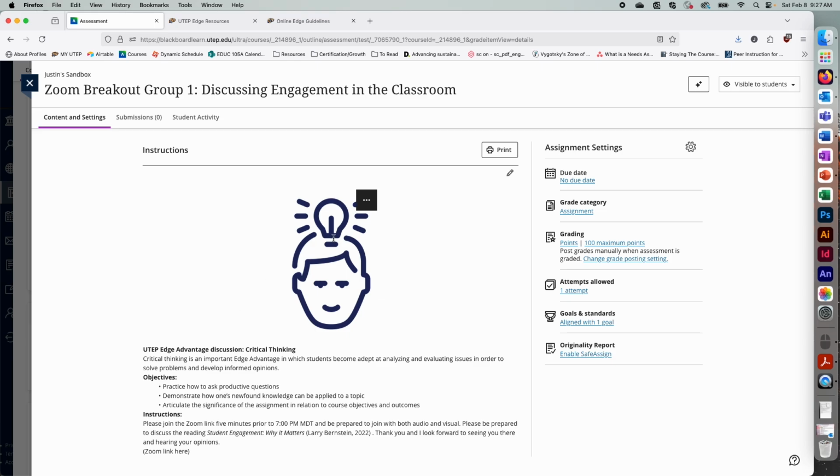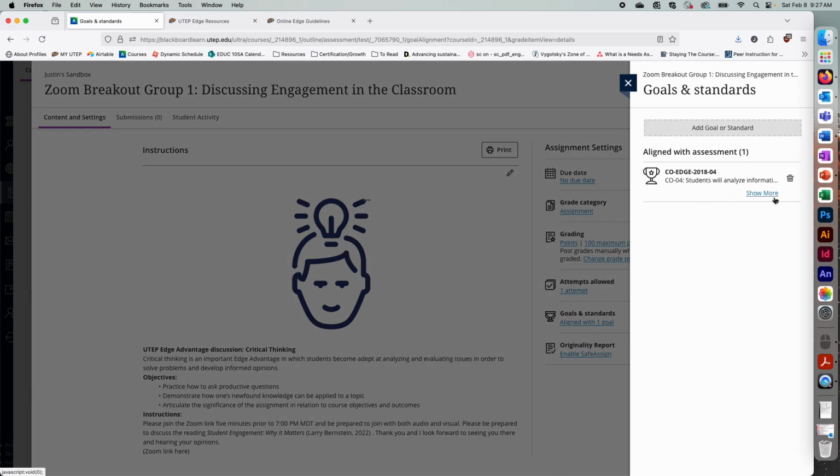Every Edge guideline also has an appropriate icon to use with it so that students are able to rapidly identify and understand which advantage they're gaining. Just like the last assignment, this one is aligned with the UTEP Edge goal: students will analyze information from multiple relevant sources that reflect contrasting viewpoints